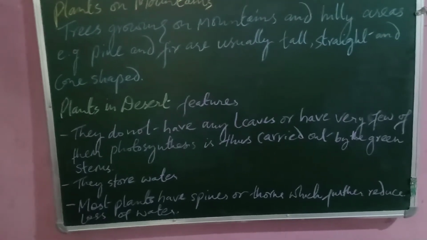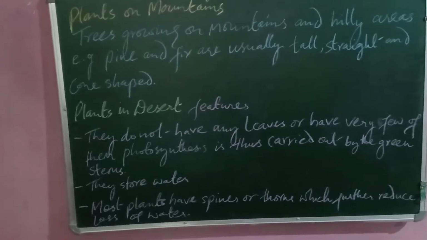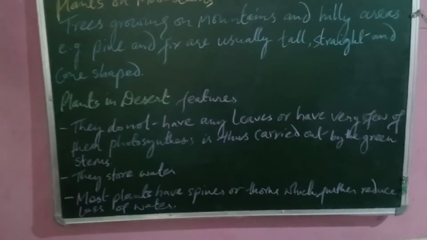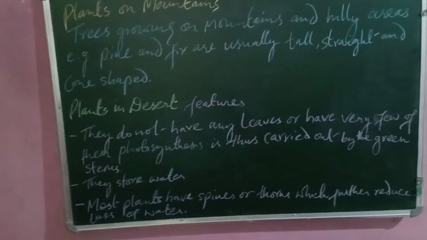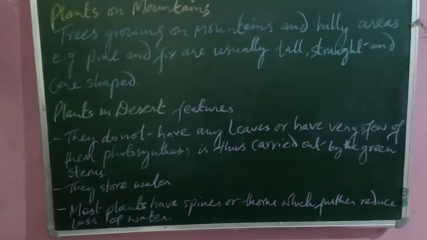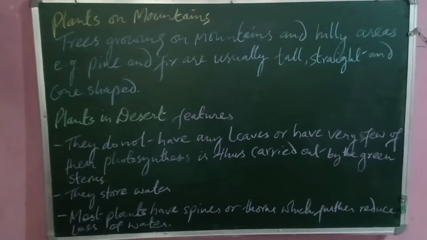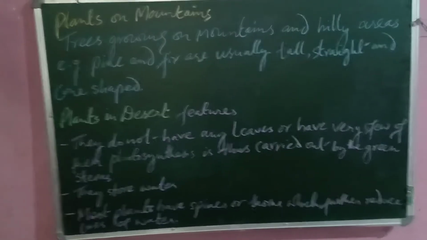To save the water, desert plants have the following features. They do not have any leaves or have very few of them. Photosynthesis is thus carried out by the green stem. So if they do not have any leaves, how do they prepare their food, or how do they perform chlorophyll and photosynthesis? The question is,